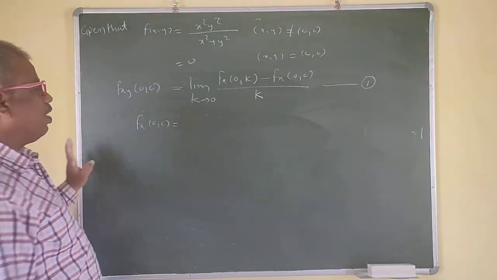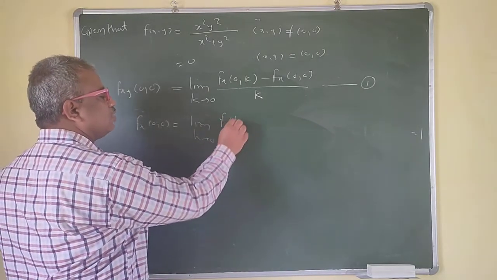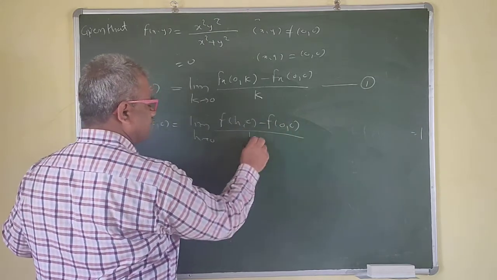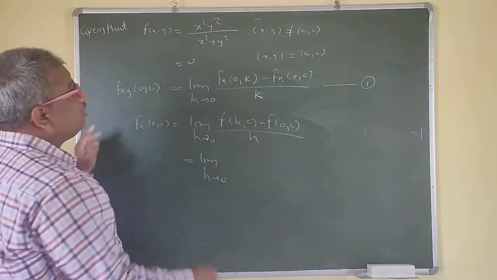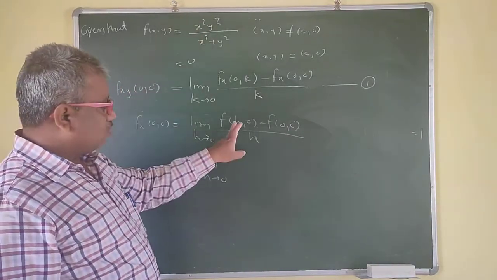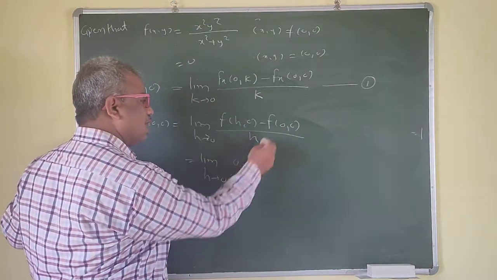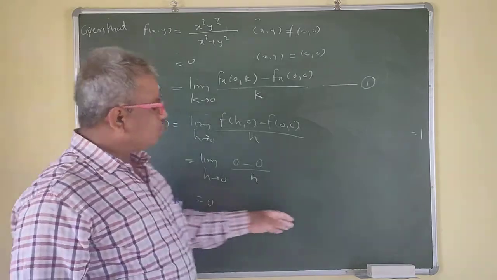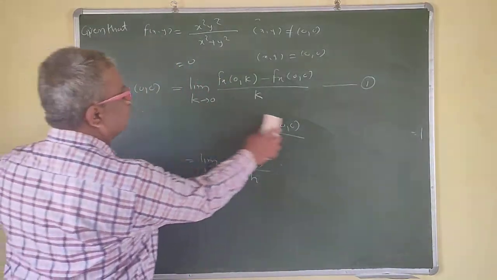But you need to find this using the very standard definition: the limit h tends to 0 of f(h,0) minus f(0,0), upon h. Now see, this is the product of x and y, so if one of them is 0, then the value is 0. This is directly given as 0 upon h, so this is 0. So fx(0,k) is 0 and fx(0,0) is 0. So from 1,